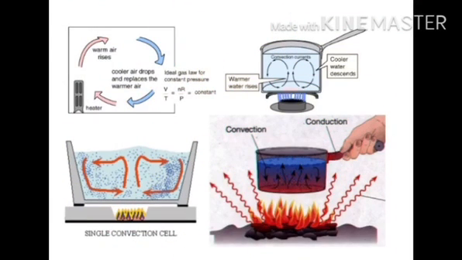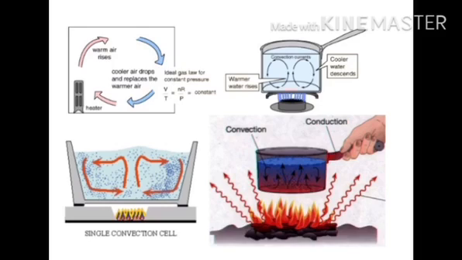Now, what is convection? Heat transfer in which the heat is carried from the hotter part of the substance to its colder part by the actual movement of the hot particles in it is called convection. Only liquids and gases transfer heat by convection. Solids cannot transfer heat by convection because in solids the constituent particles cannot leave their positions. Now a question arises: why does water in the flask move in this fashion? Water near the bottom of the flask gets heated first.